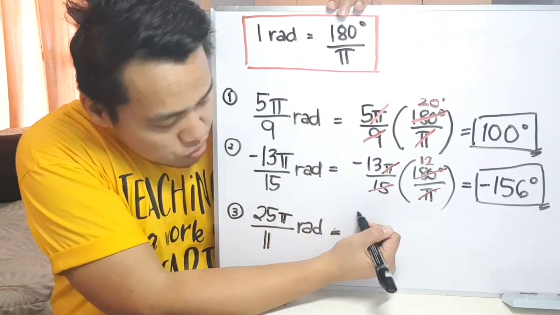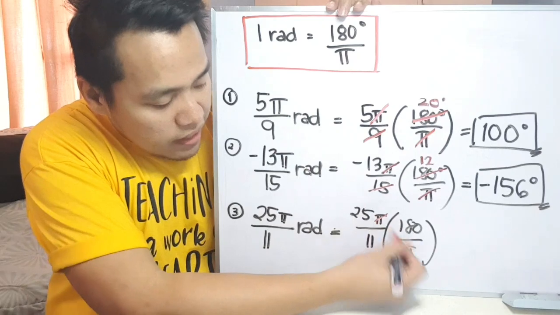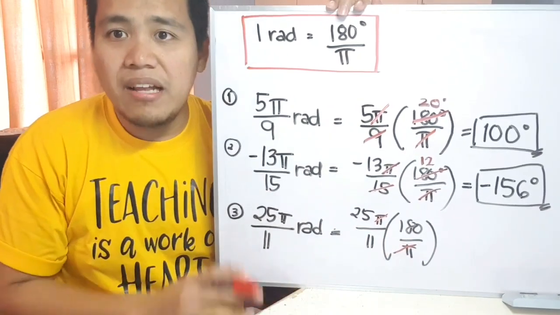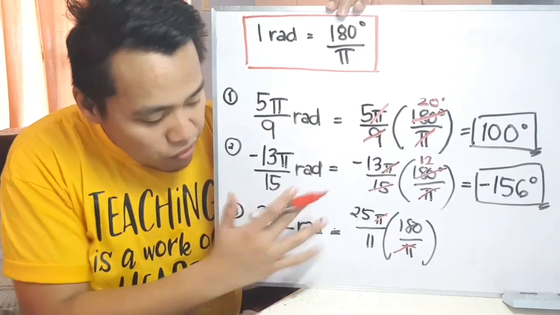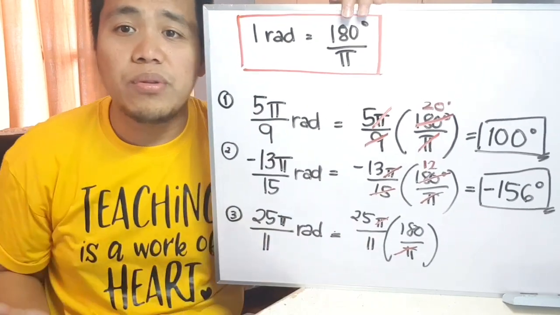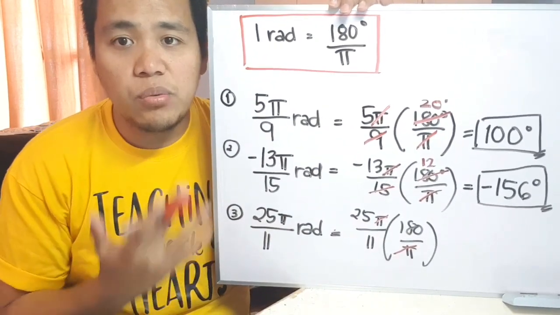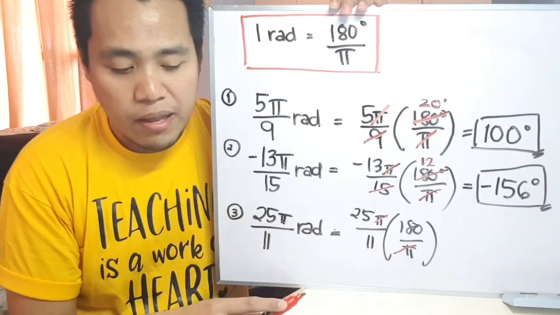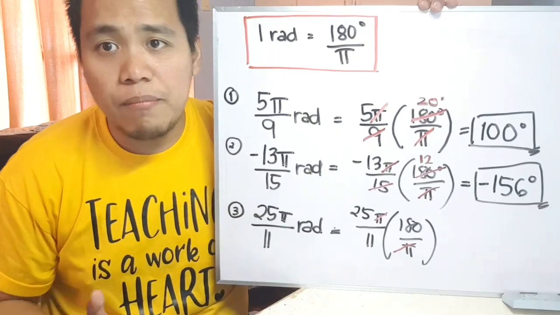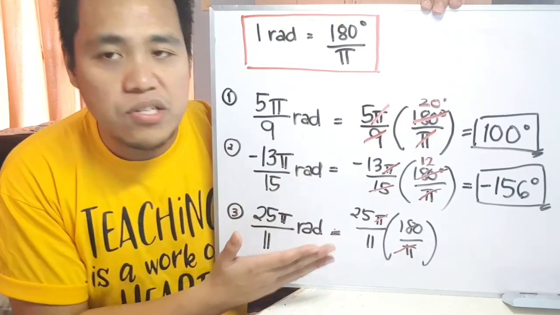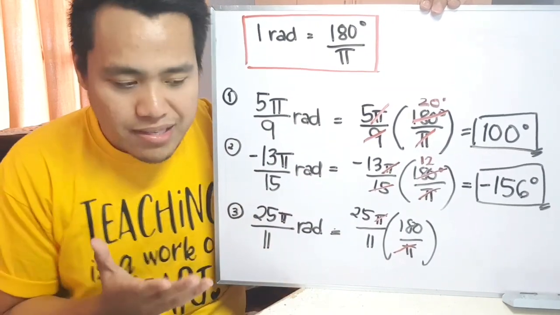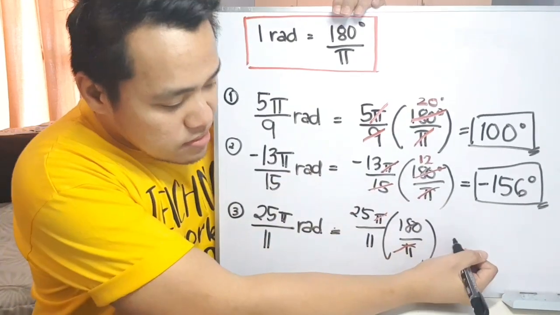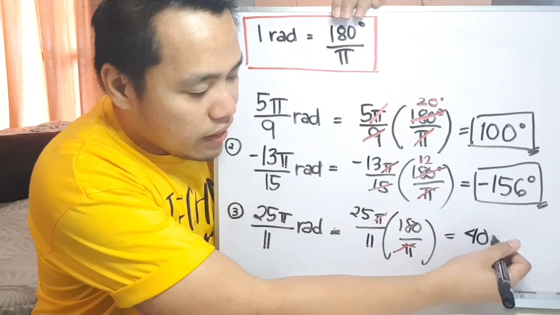The same procedure. Again, just simply cancel the pi. But then, 11 and 180 cannot be divided, so there's no more lowest term for this. What are we going to do then? We will just multiply 25 by 180 and then divide it by 11. But we will not get an exact answer, so we have to put our answer in decimal form. In this case, we can have one decimal place. So, the answer for this is 409.1